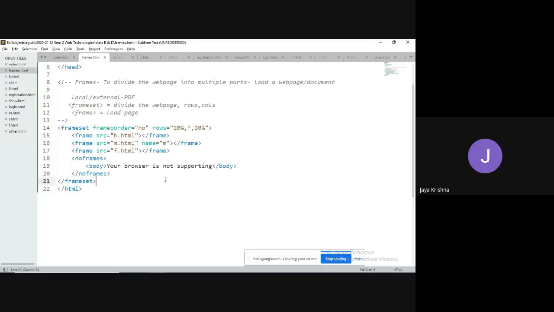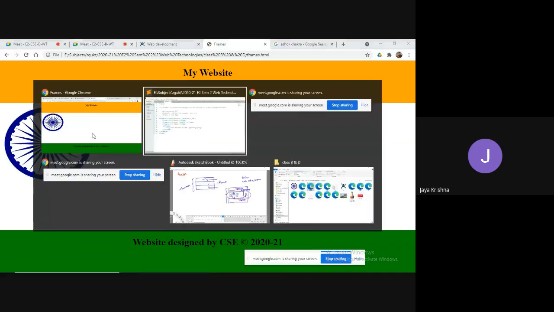So the concept of frames is not flexible for us to set wherever you require. For that, what we can do is we'll go for the concept of iframes.